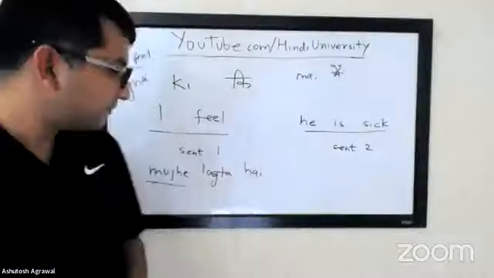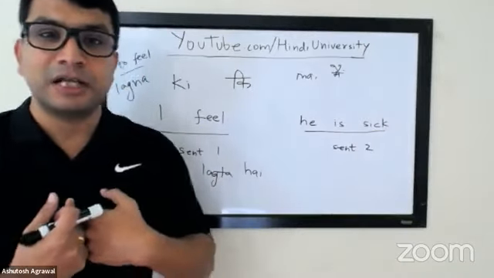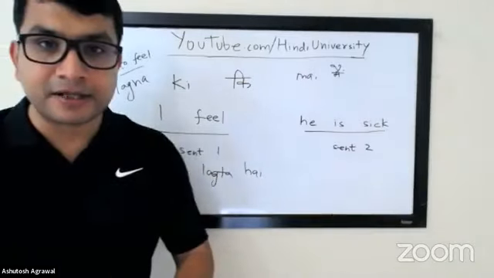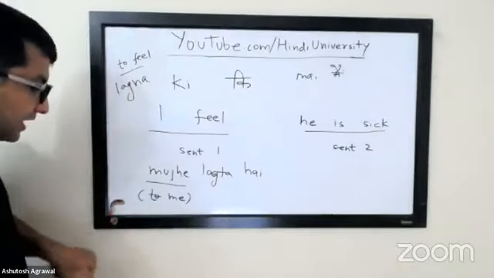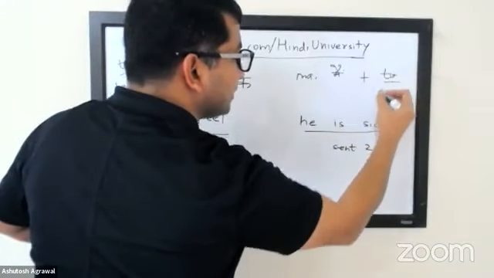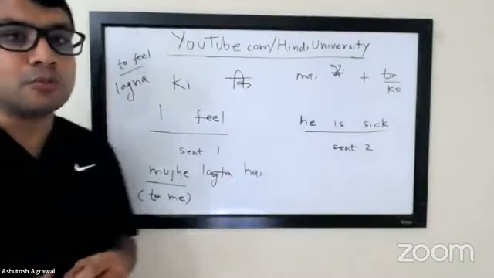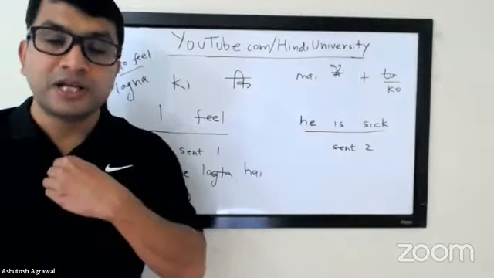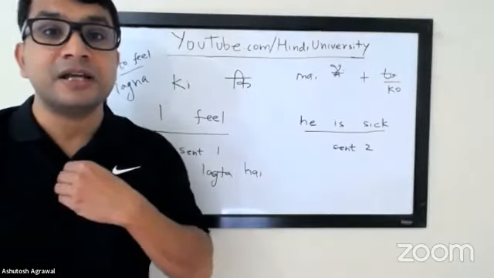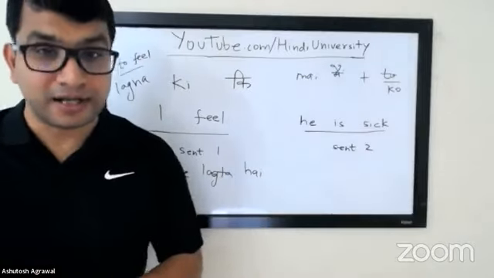That's right. So what he said is, when you are the recipient of something, you don't do the literal translation. What you do in Hindi is, to me it feels like. So it is nothing but मैं plus the equivalent of to me, which is मैं plus को, and then it becomes मुझको or मुझे. So मुझे लगता है. Similarly, if I have fever, I will say, to me there's a fever, मुझे बुखार है. Or let's say he has fever, उसको बुखार है.